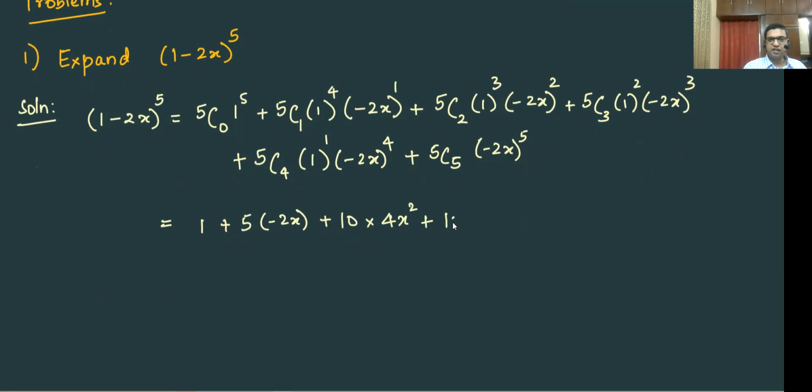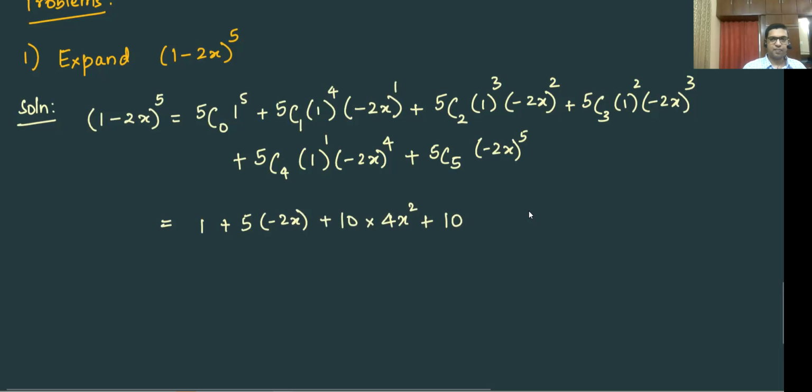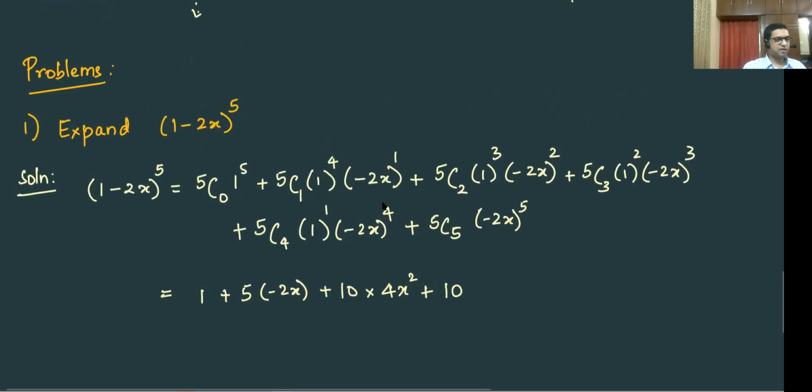Then 5C3 is also 10, into 1 squared into (minus 2x) cubed. That will be minus 8x cubed plus